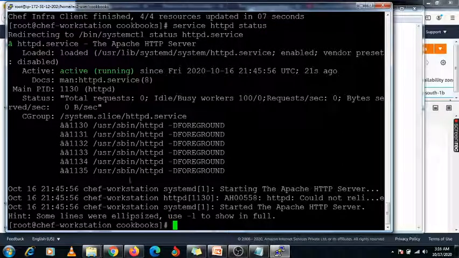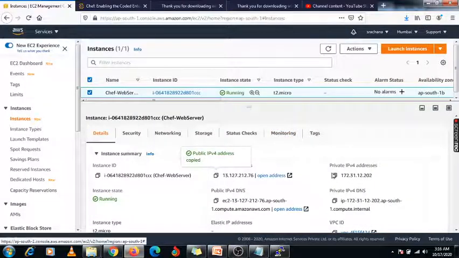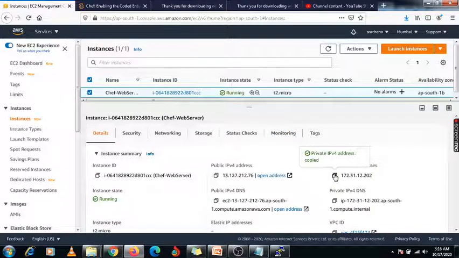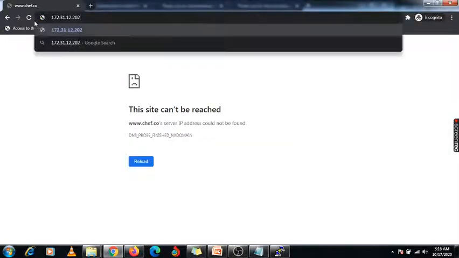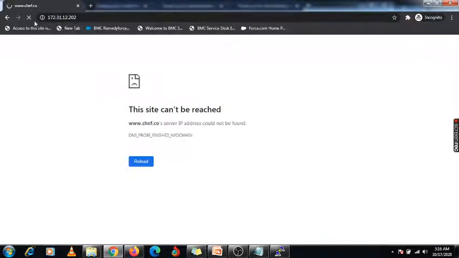Now if you want to check whether this web page is working or not, you can use your private IP address. I'm using my Incognito browser and enter it.